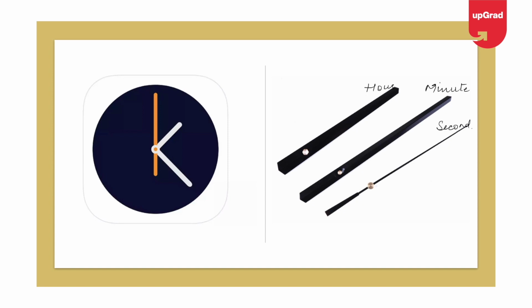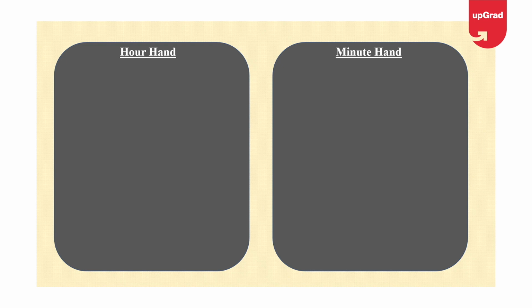So in an analog clock, we generally have these three needles, whereas in some of the designer clocks, they miss a few of the needles and work with majorly the hour and the minute hand. And that's how we also get questions from the clock topic in such a fashion. Let's take it further. Now we usually get a question such as, what is the angle between the hour and the minute hand if there is a certain time given to you?